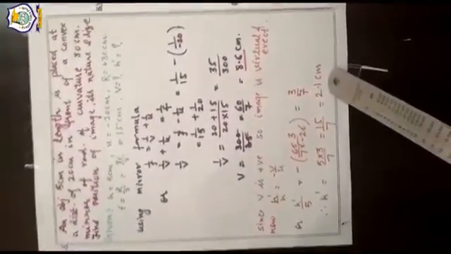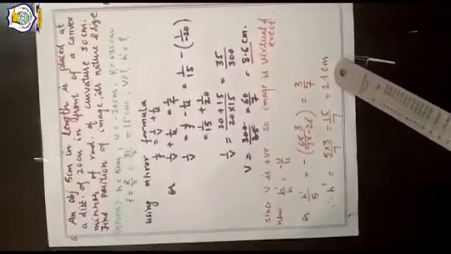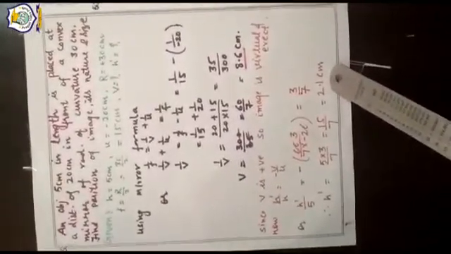Again, we can verify our answer as h dash is positive. That means the image is above the principal axis. And which image is formed above the principal axis? Virtual and erect. So both the answers are the same. That means it is also matching with the convex mirror properties. So this question is 100% correct.